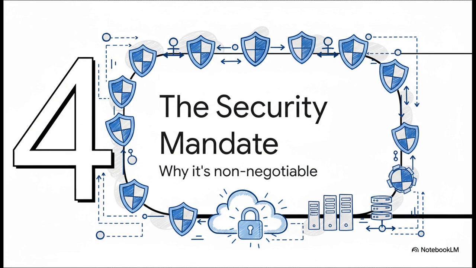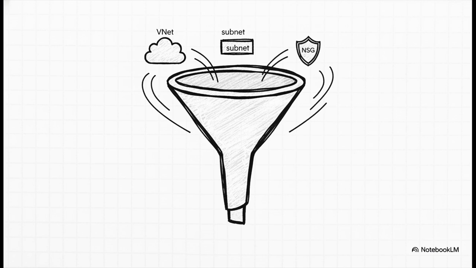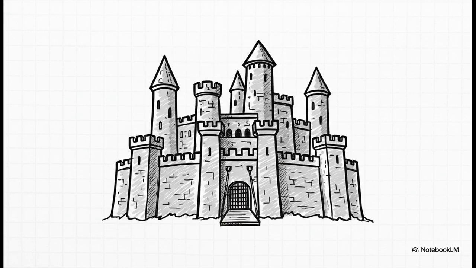And that brings us to maybe the most important point of this entire explainer. Understanding this stuff isn't just a technical exercise. It's an absolute non-negotiable requirement for working in the cloud. Because when you really peel back all the layers of networking and subnets and rules, this entire structure, this whole data center concept, it's all built to serve one primary purpose. Security, that's it, that's the whole ballgame. The VNet is your first, and your most powerful, line of defense in Azure. It is how you isolate your precious resources from the public internet and from every other tenant in the cloud. It's your private, secure fortress.